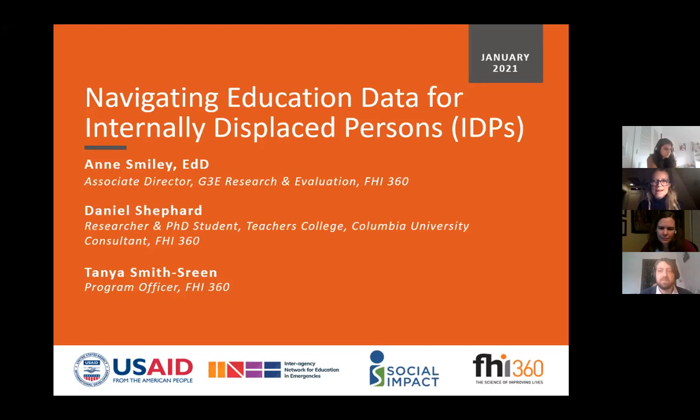And I'm thrilled to have a few fantastic panelists and support with me today. So Annie Smiley, who is the Associate Director and Research and Evaluation at FHI 360, will be presenting along with Daniel Shepard, who is a researcher and PhD student from Teachers College, Columbia University, and a consultant with FHI 360. And we also have Tanya Smith-Streen, who is a program officer at FHI 360, and she will be helping really facilitate and coordinate this entire webinar and responding to questions in the chat and the Q&A box. So with that, I will hand it over to Annie, and just a huge thanks, and we're excited to get